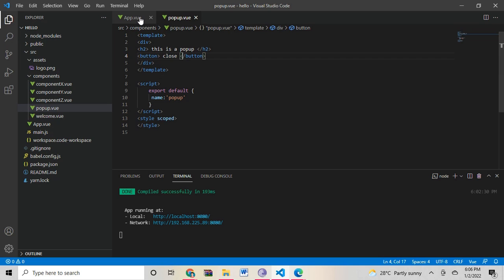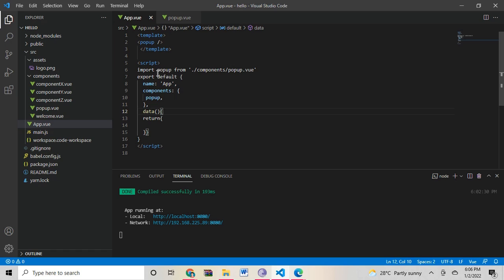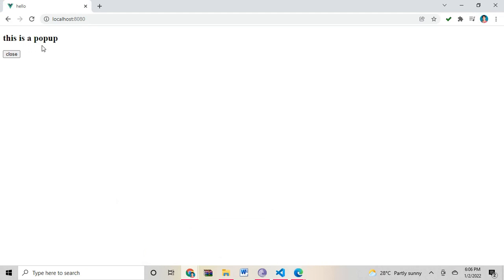In the app.vue, import this pop-up, and in the template section this is your custom component. In the components property, mention the name of the component, pop-up. That's all. First, save this file, and yes, this is a pop-up and close is a button.